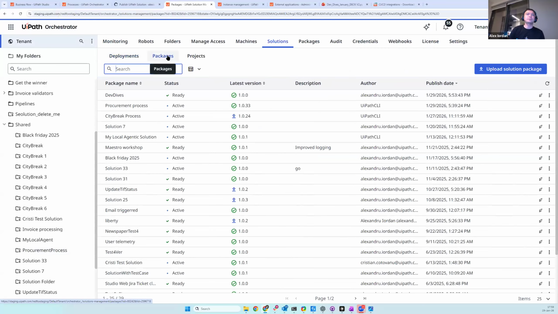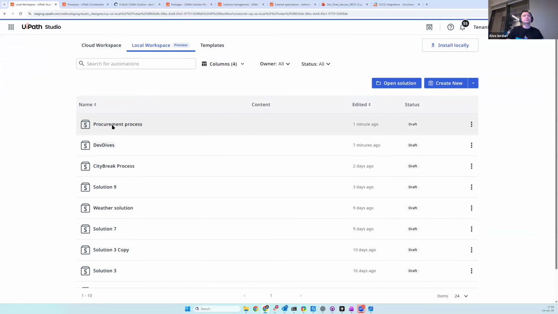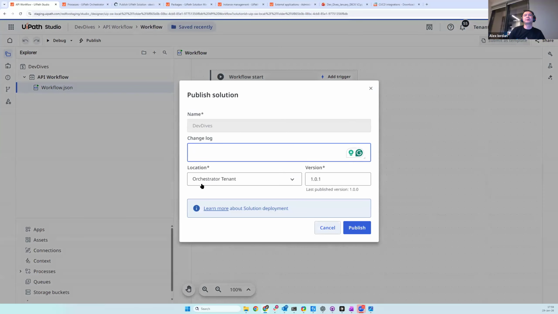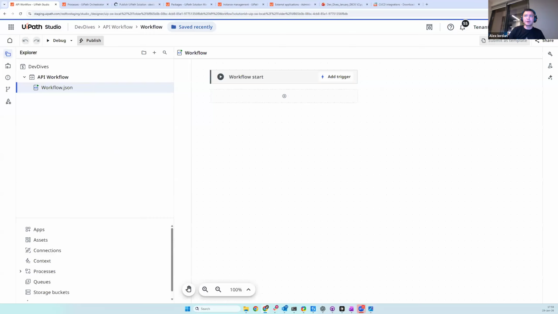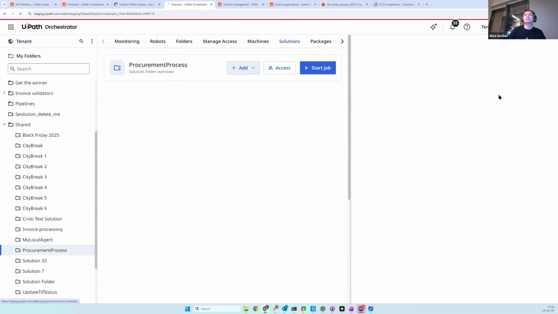Yeah. So see, I get to have these dev types, which was the other solution I just created. So this was manually published, right? I published it from here and I said I wanted to get to the orchestrator tenant of my current default tenant, right? So now I can see it in here, the first version of it. And from here I have multiple options. One would be to actually deploy it in this tenant, but I can also download it, right? So if I download it, I'll put my hand on this zip file here. And if I switch tenants and say I want to go to production,